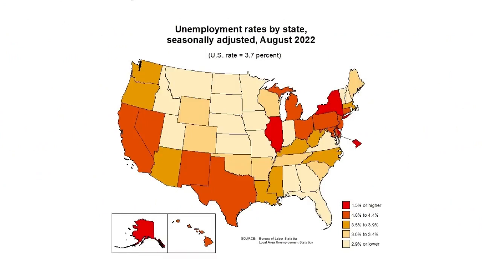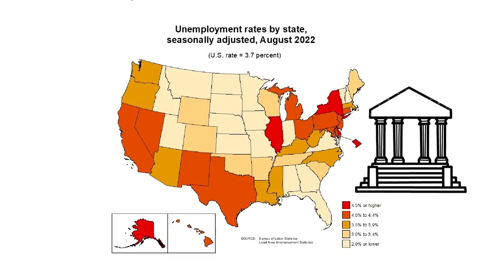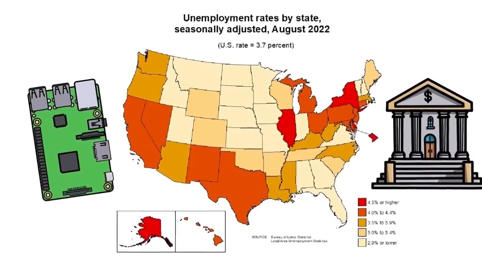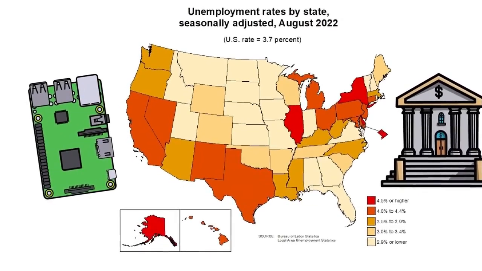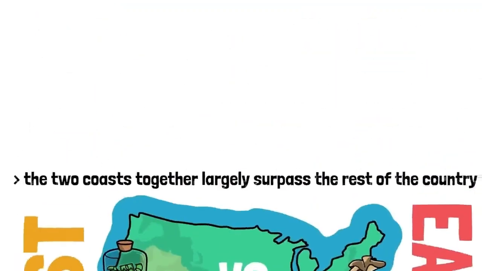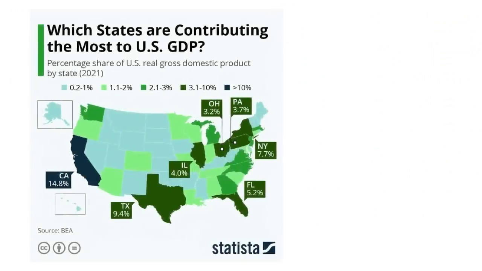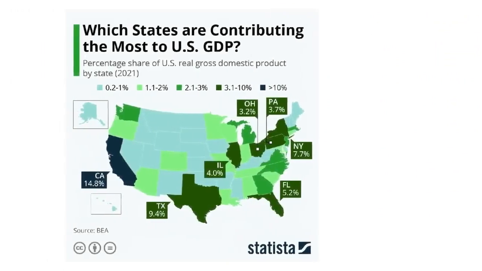Economically, the West is more of a center for technological companies and new startups, while the East is more the financial center of the country, especially up north. The unemployment rate is something that changes all the time, but right now it seems pretty balanced between the two coasts. Regarding the GDP, in this map made by friend and partner of the channel, Statista, we can see the contribution each state makes, percentage-wise, for the national